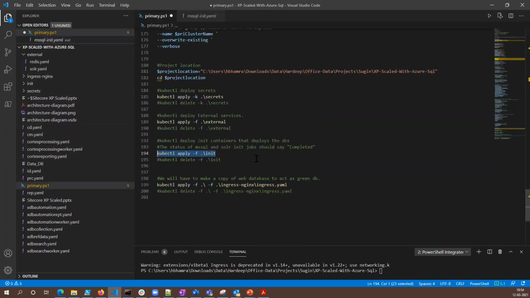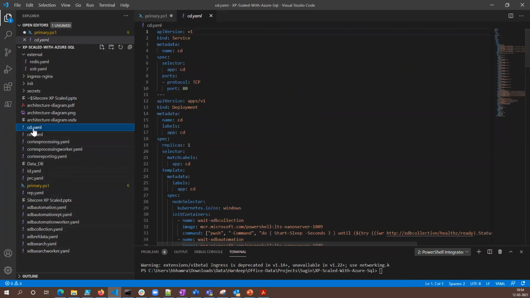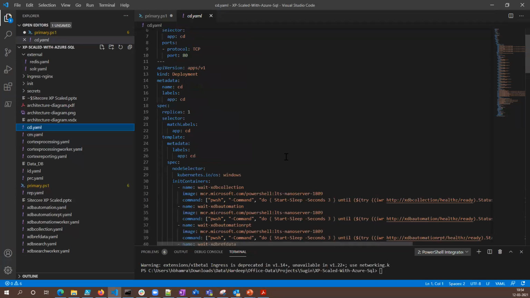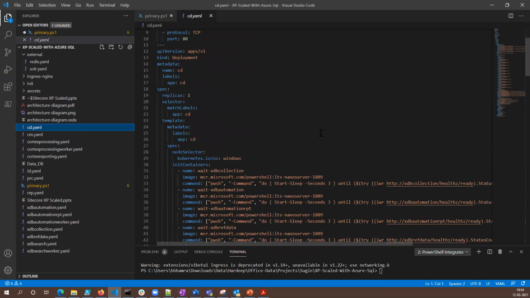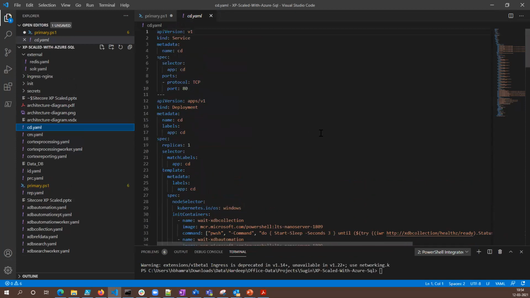Moving back to the primary, lastly what I do is create the ingress, along with running all the other files. This is something that is by default available with Sitecore. You can play around with it. We have customized it for our own requirement, but you don't really have to do a lot of stuff here.